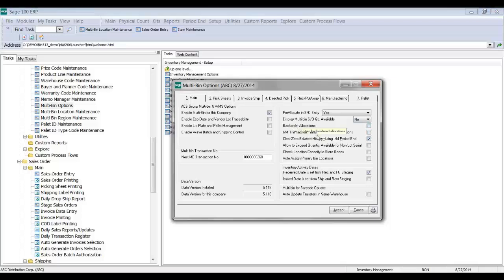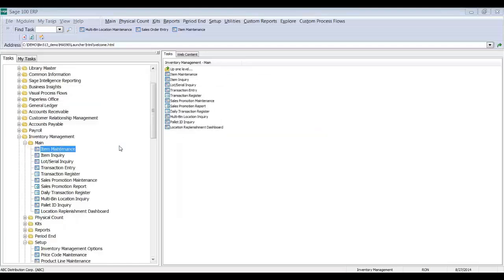The transfer sales order entry allocations, that's a special thing, so that when you're doing a transfer in transaction entry, we increase the quantity available for what's allocated on a sales order so that you can move some of those allocations and transfer. I didn't talk about it, but on a quick transfer,